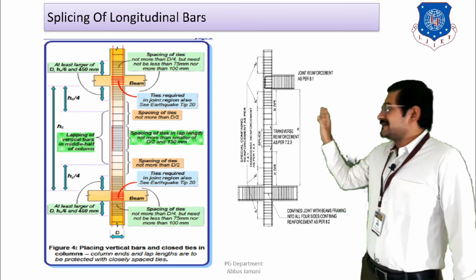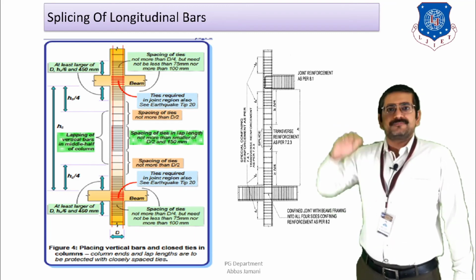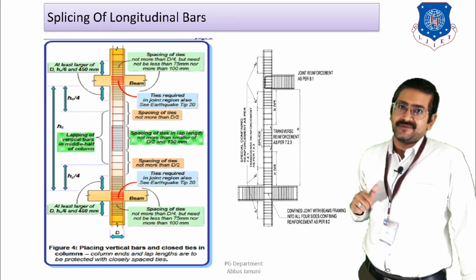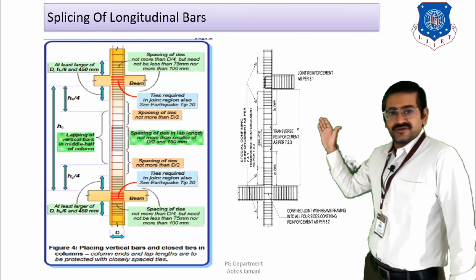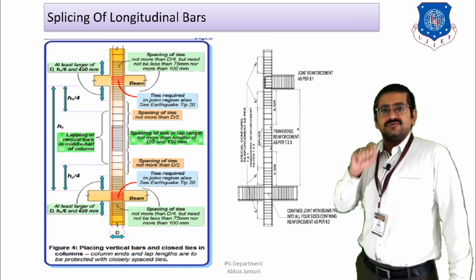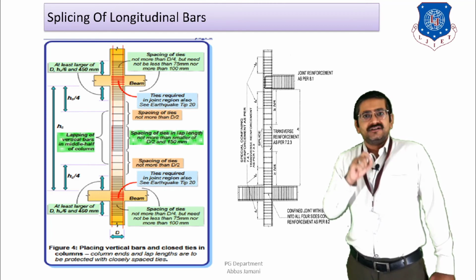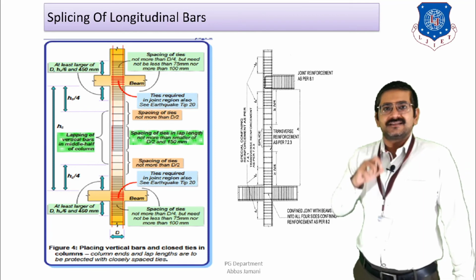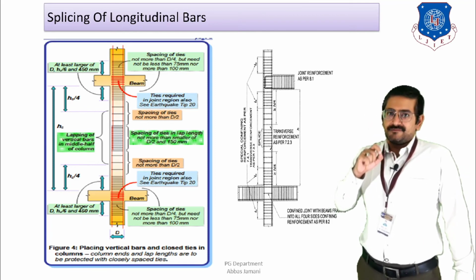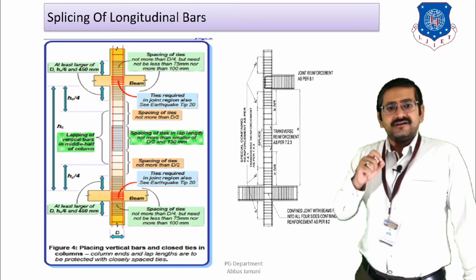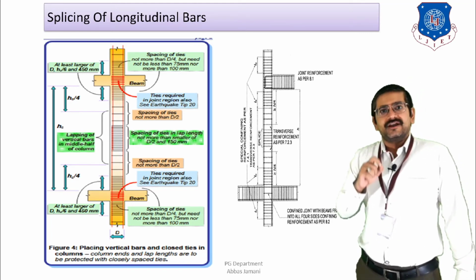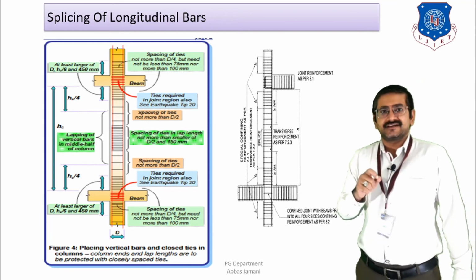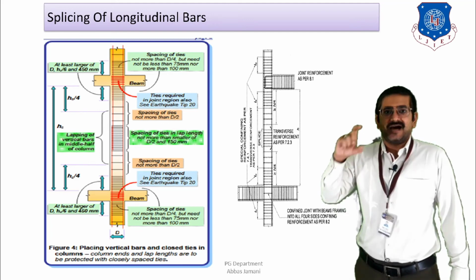That is, d by 2 is the dimension of the column divided by 2. And if you look at the portion above the beam column joint and the portion below the beam column joint, that particular portion is known as the zone of special confinement reinforcement. Here you can see one arrow marked in blue color, which is known as L0. For this L0, the guideline as per IS 13920 is that the L0 value should be taken as either D, that is the largest lateral dimension of the member at that junction, or HC by 4, or HC by 6, or 450 mm, whichever is the greater value. That will give you the height of the confinement zone.